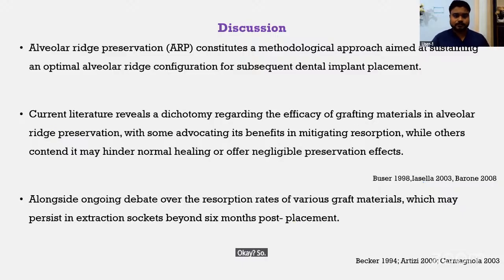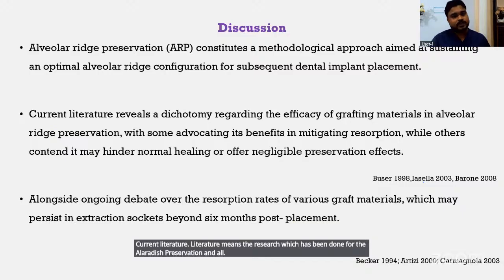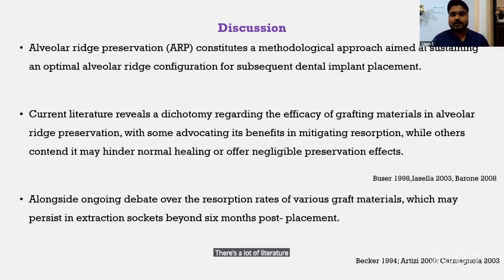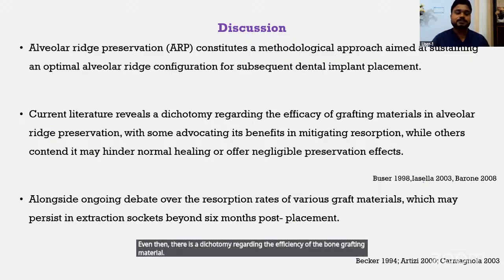So again, the current literature means the research which has been done for the alveolar ridge preservation. There's a lot of literature done in alveolar ridge preservation. Even then, there is a dichotomy regarding the efficiency of the bone grafting material in the alveolar ridge preservation, with